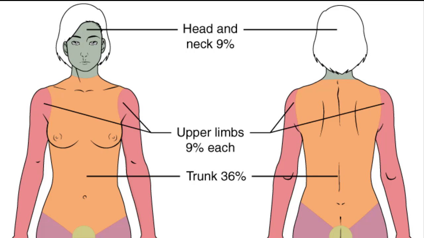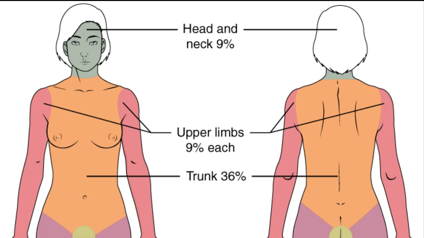And burns are sometimes measured in terms of the size of the total surface area affected, and this is referred to as the rule of nines, which associates specific anatomical areas with a percentage that is a factor of 9. Burns are also classified by the degree of their severity. So the first degree burn is a superficial burn that affects only the epidermis. Although the skin may be painful and swollen, these burns typically heal on their own within a few days. Mild sunburn fits into the category of first degree burn.